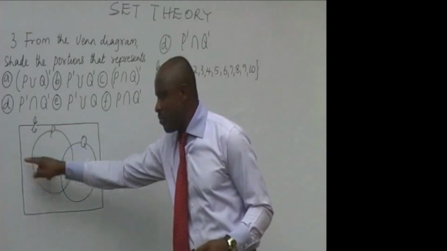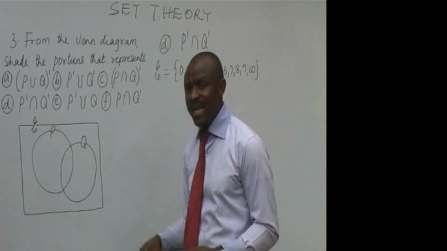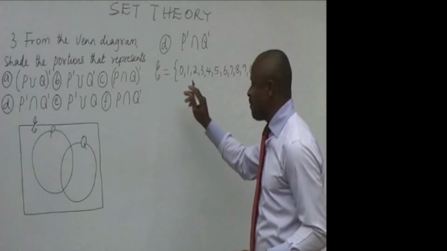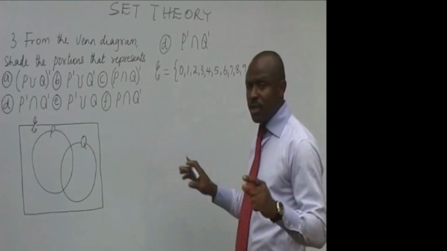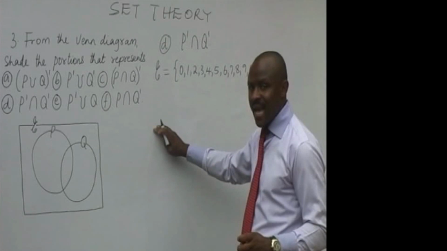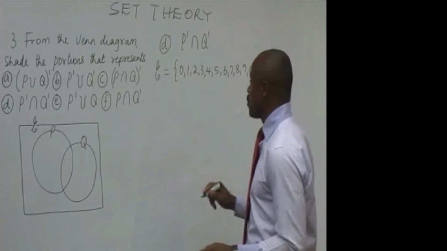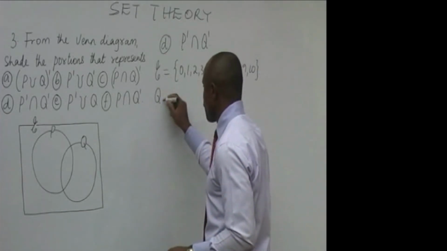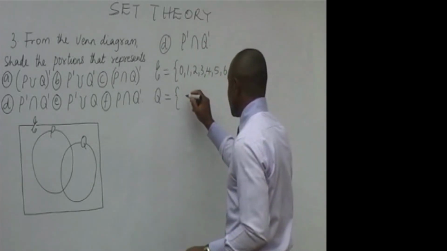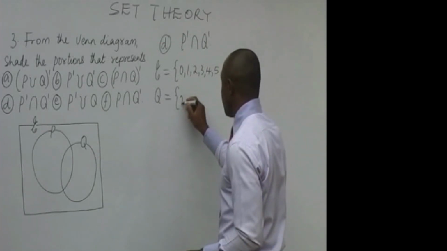A Venn diagram has the universal set. It has two sets. And it has P intersection Q, the intersection of the two sets. So whatever assumption you are making, make sure there will be provision for the universal set, provision for the other two sets, and there must be an intersection in the two sets you are choosing. And that was why we chose Q to be prime numbers, which gave us, 1 is not a prime number, 2,